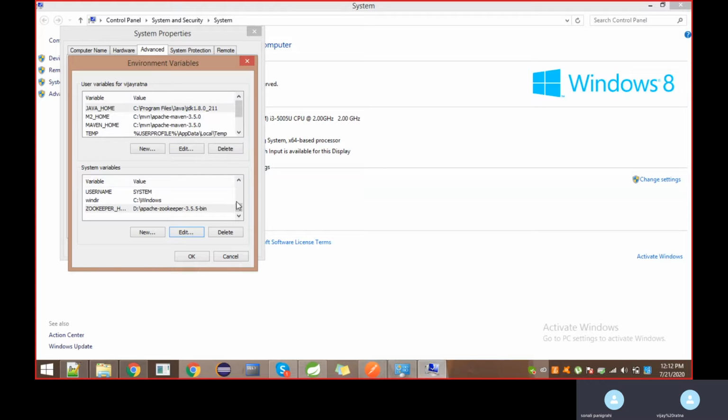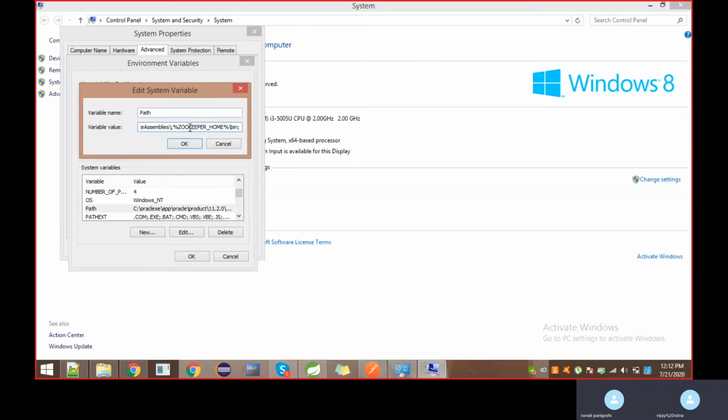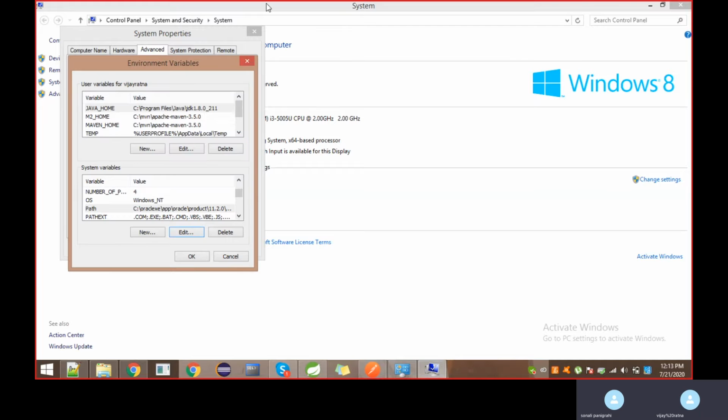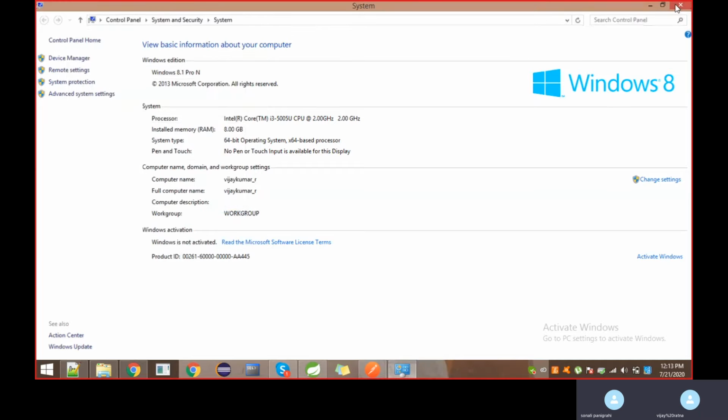Then you should add the path variable as well. If you go to path and edit, I have already added %ZOOKEEPER_HOME%/bin. Once this is done, we can run Zookeeper.